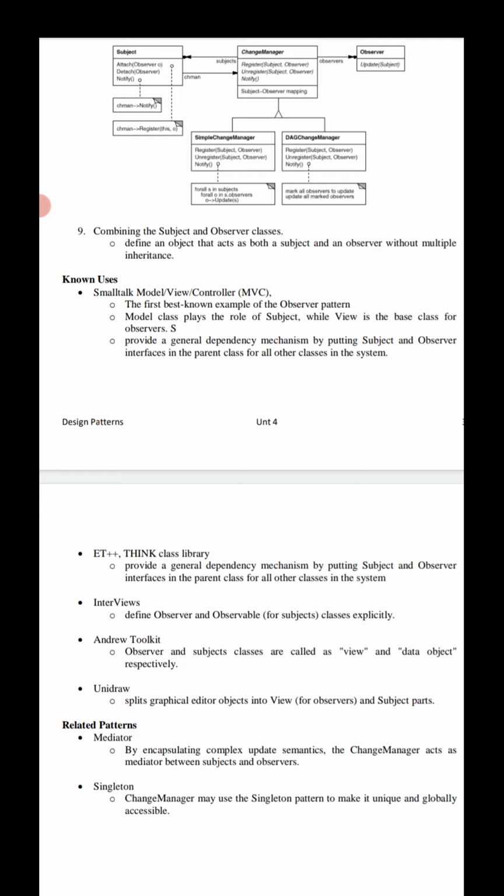Observer and subject classes are called view and data object respectively. And finally, UniDraw splits graphical editor objects into a view and subject parts.